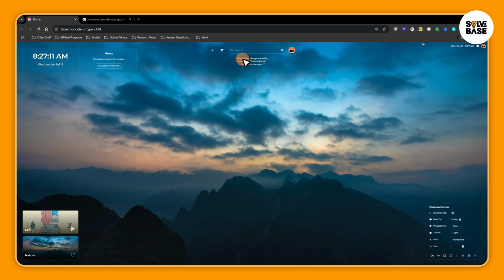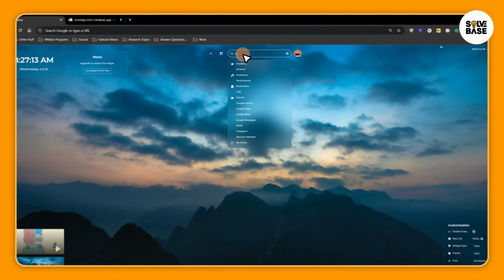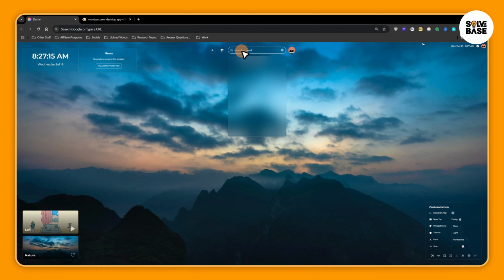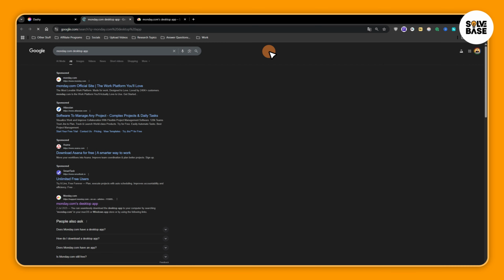So first, you need to search for Monday.com desktop app on your Chrome web browser. You could search on Google. Over here on the URL, I've got this Dashi plugin, so I'm using it over here. Then you need to search for it. So it's going to take you over here on Google. And here you're going to find Monday.com's desktop app,